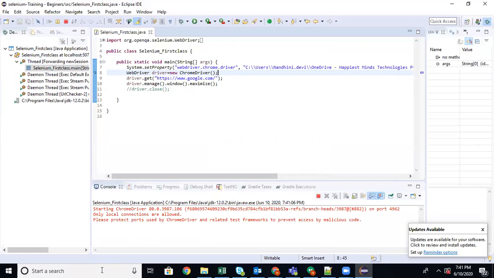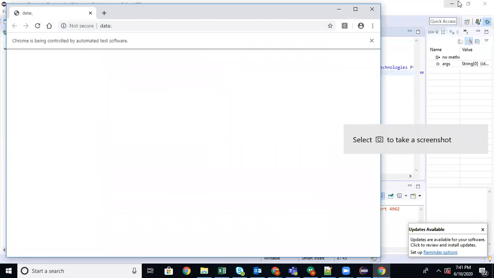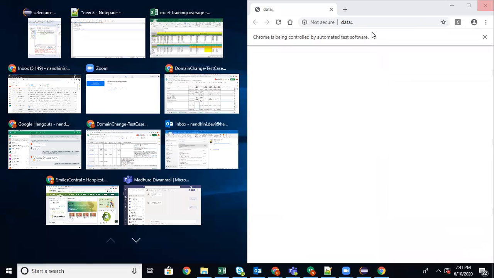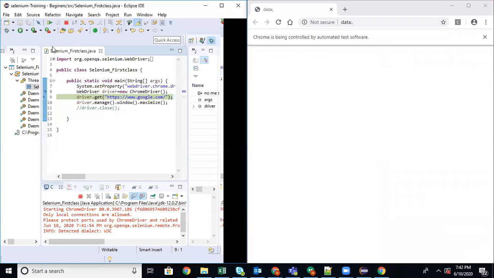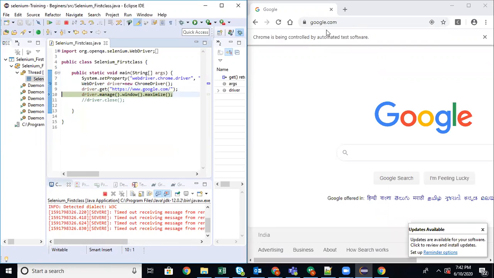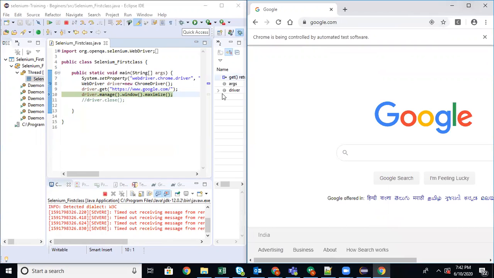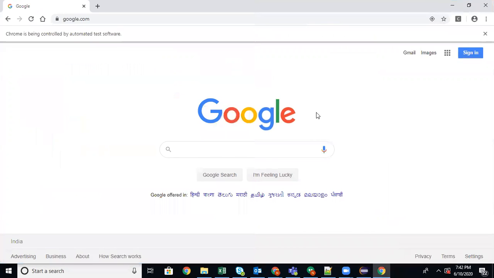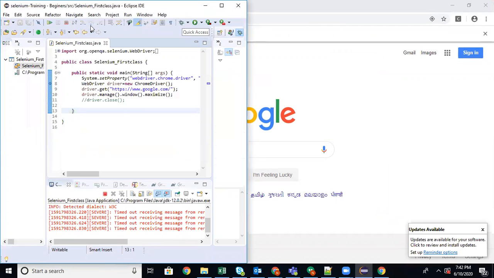See, starting the Chrome driver. So Chrome driver is started. So as a result of this execution, the Chrome browser should be launched. You can see. Now once done, your control will be in line 9. I'm going to execute this. So when you execute this, it will launch Google. Now you can see it is minimized. Okay, now I'm going to maximize it. See, maximized. Okay, and then coming out of the thing.